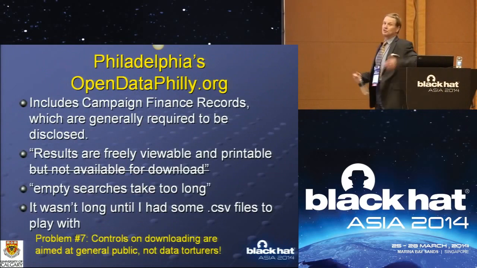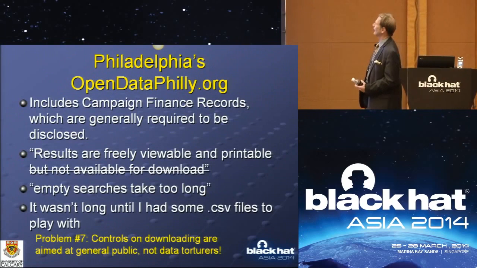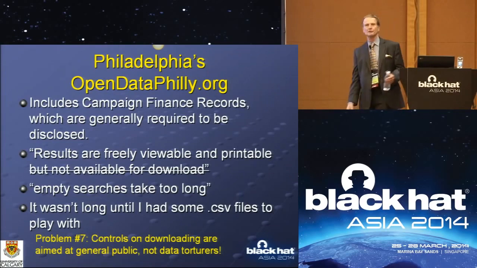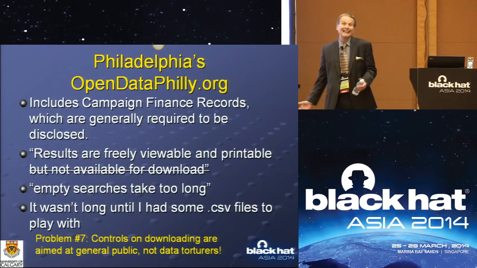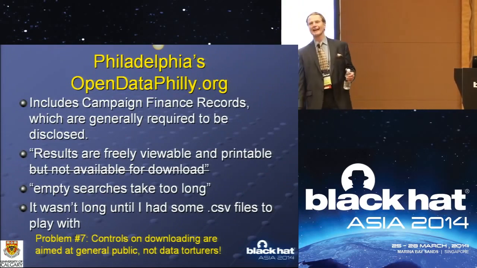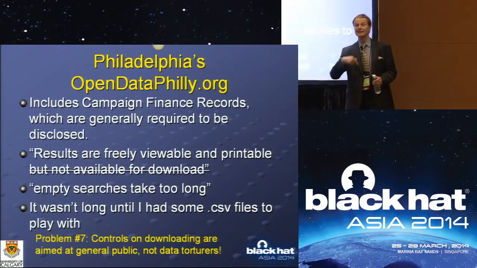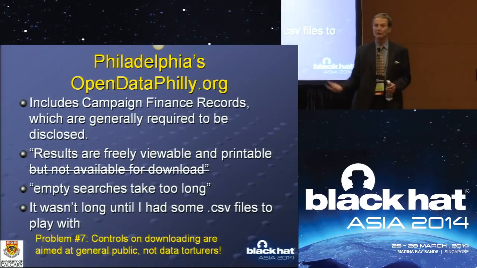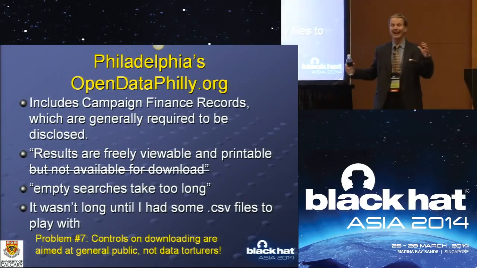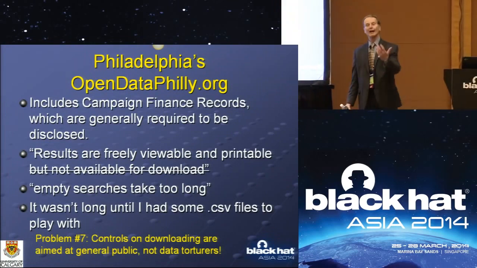Now it's totally changed in a sense. We have tremendous computer power, and Philadelphia put all their campaign finance records up online. When I first did the study, it said you can view them and print them, but they're not available for download. Well, I downloaded them anyway, and I'll tell you how. First, I said, give me all the candidates whose last name begins with the letter A. Then I did B, and then I did C, and I went through the alphabet 26 times, and I had all of the spreadsheets, and I merged them into one big spreadsheet. So now I own their database.